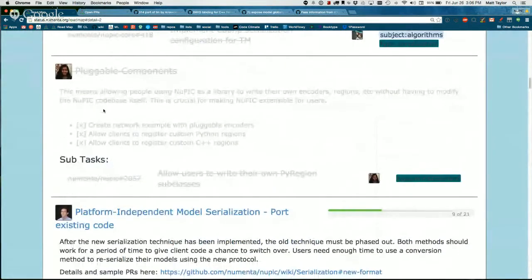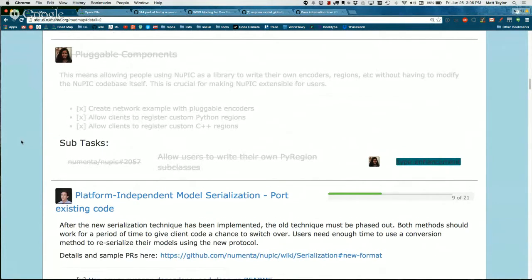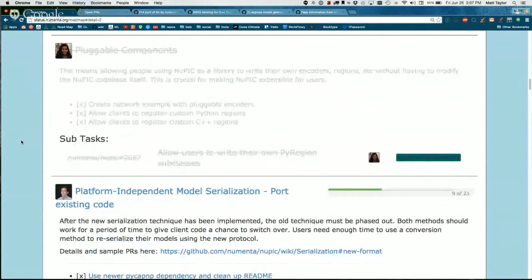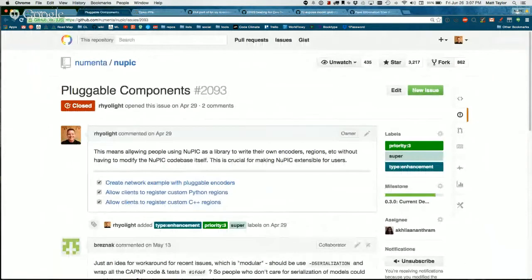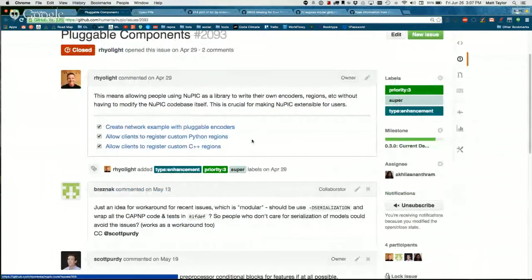Akila is one of our interns, and she went through all these pluggable components issues. So this is closed off, and this is already being utilized, I believe. It's a nice way to have not so strict requirements on creating your regions. I don't know if that super issue is totally complete. We had only fleshed out a few of the items, but if you look at the description, I had asked for somebody to fill in what the subtasks are, and I saw that someone did fill them in. They are all done, so I thought it was closed. If it's not closed, maybe. The main one that sticks out would be